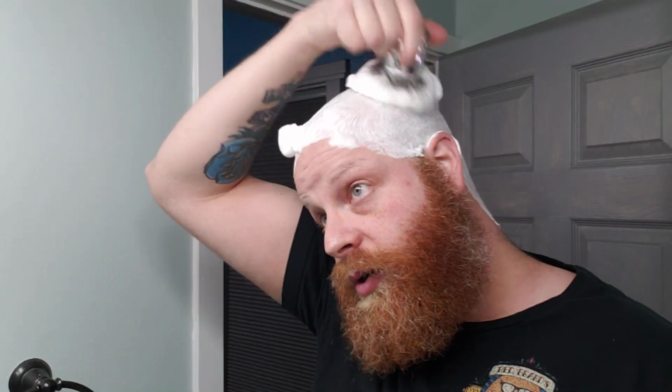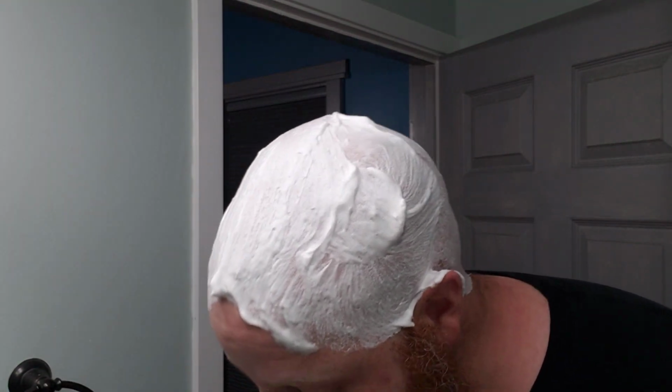The Vintage is a combination of citrus, woods, musks, I believe sandalwood's in it. I didn't write down all the scent notes. To my nose, it's just, like, the epitome of masculinity. Muskiness with some woods and this nice clean citrus scent. Very sexy